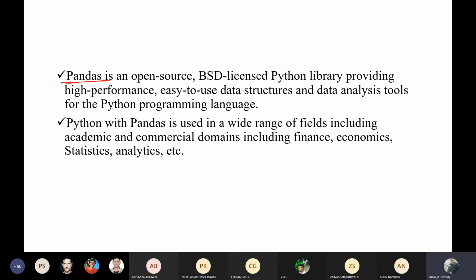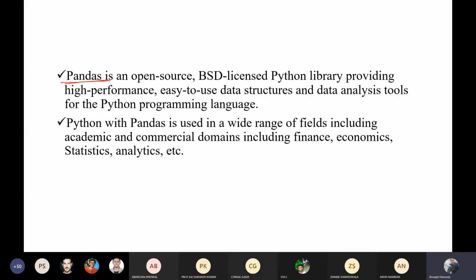So pandas is a BSD licensed Python library providing high performance, easy to use data structures and data analysis tools for the Python programming language. Whenever you are going to use Python for your data analysis, you can take advantage of pandas, because pandas is equipped with so many functions that you can easily use.